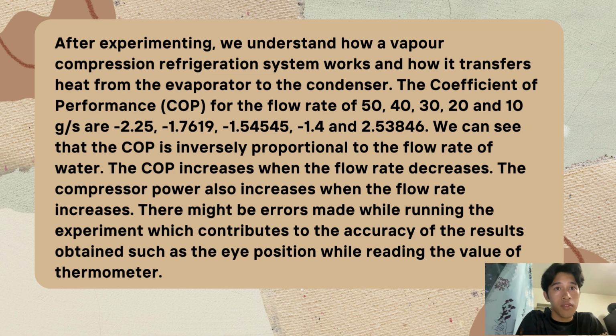When the flow rate is 40, the COP is negative 1.7619. When the flow rate is 30, the COP is negative 1.54545. When it is 20, the COP is negative 1.4, and lastly, when the flow rate is 10, the COP is